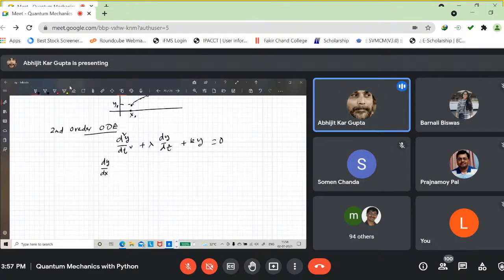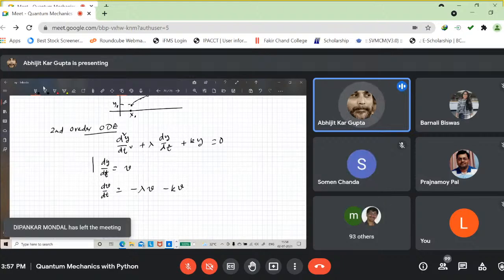So it is a damping term. This is acceleration, and of course this is restoring force. And so dy/dt, you say it is your velocity. So you introduce another variable v. So y is your displacement, t is your time, so this is your velocity. So now you can write dv/dt, and on the right side you write minus lambda v minus ky. So what happens is that you have two first order